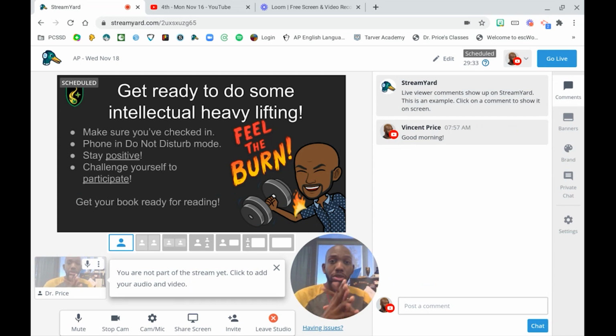What I like to do, I've gotten out of my chair. I can't stay sitting in my chair for a whole day. So I purchased inexpensive Bluetooth earbuds, and I put one in my ear so I can hear what's going on in the physical world, and then I start walking around. Here's the thing about StreamYard: it's not like Zoom or Google Meet. You don't have video from the students, and you don't get oral responses from them. So the purpose of the earbud is not so I can hear what they have to say, because that's not possible.